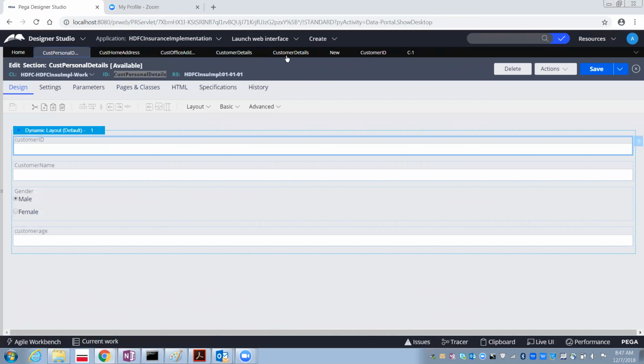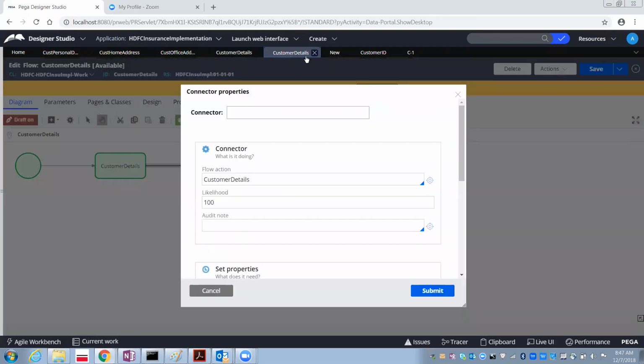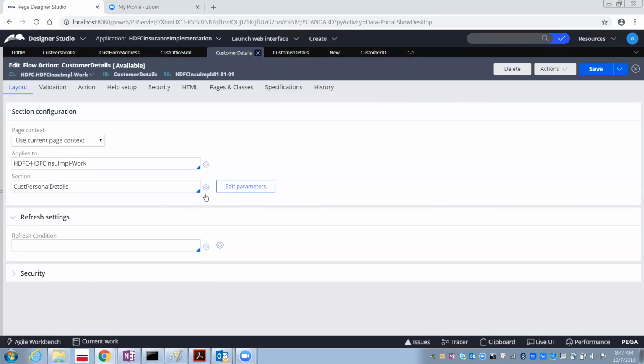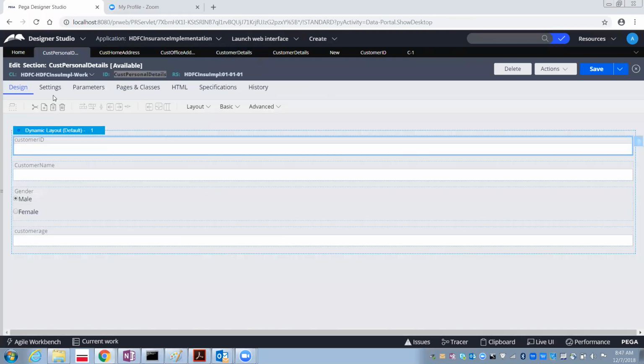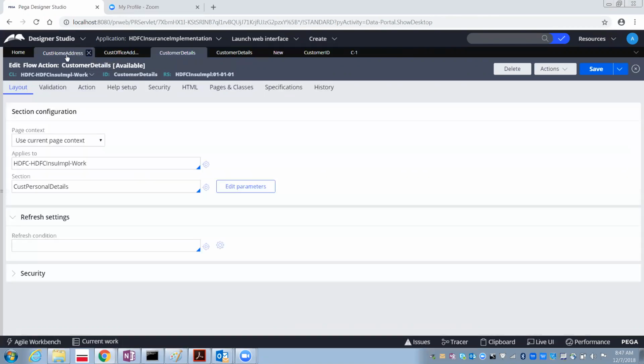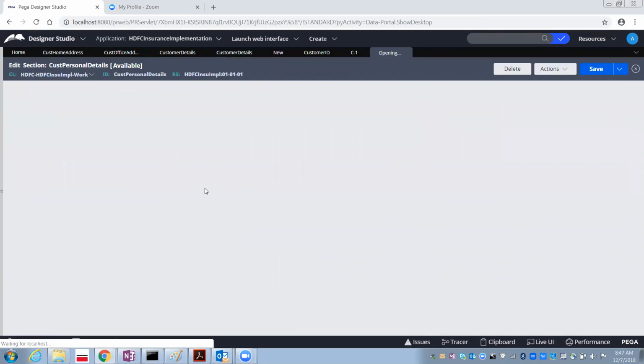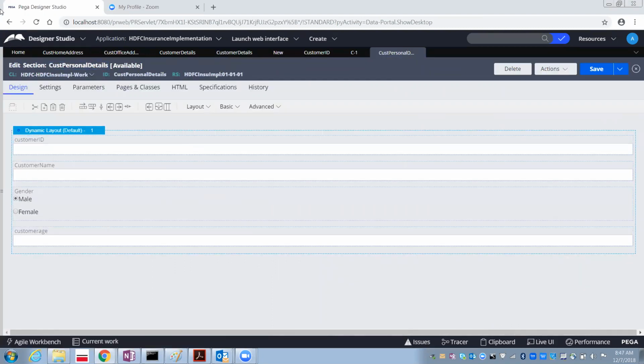Otherwise, simply from the flow action itself, you can select this open, and it will go to the same one. In case the section is not opened, you can still open it from here, customer personal details. Like that also it is able to open it.